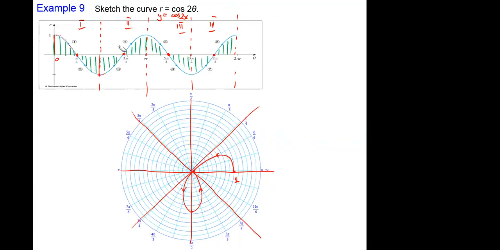And then again, from 3 pi over 4 to 5 pi over 4, which is this part, I have to go to 1. We can see I'm here, 1, and then 0. Probably you see what a nice flower we have. And again, between 5 pi over 4 and 7 pi over 4, everything is negative. Then I will plot in the opposite quadrant. It means from,